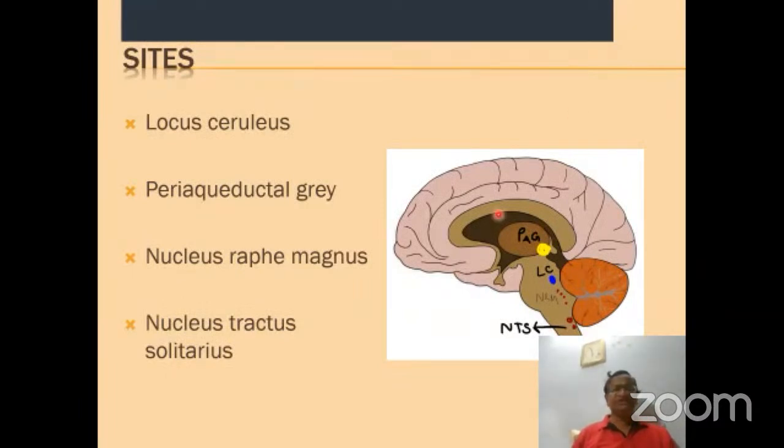There are 2-3 things. Locus ceruleus, here you can see the locus ceruleus. Nucleus raphe magnus, here is NRM. Nucleus tractus solitarius, here it is. Periaqueductal gray, here it is. So these are all the possible sites of descending